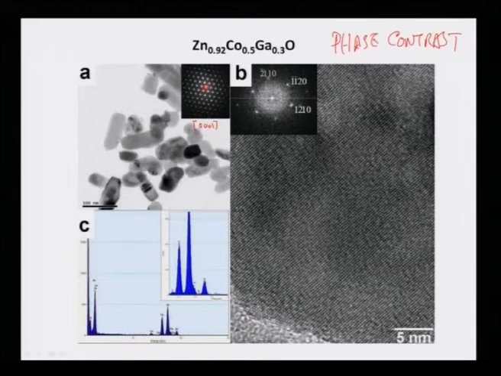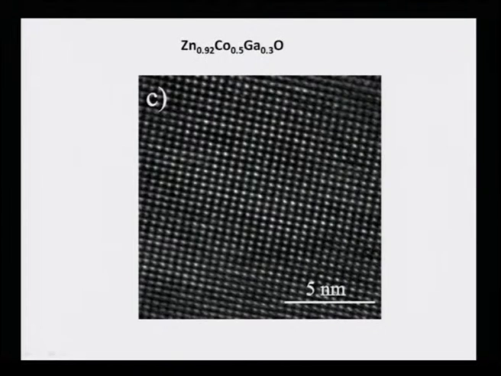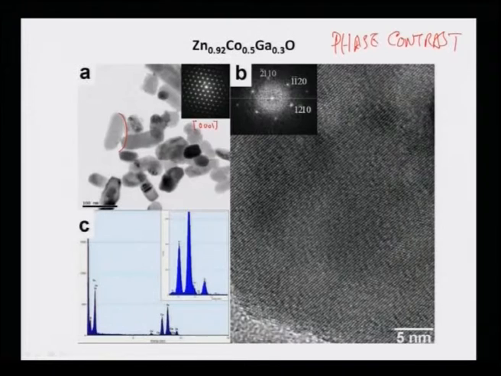The ones which are undergoing strong diffraction will show the dark contrast, the ones which are not undergoing strong diffraction will be showing the light contrast. Now, if I want to take basically the phase contrast image,